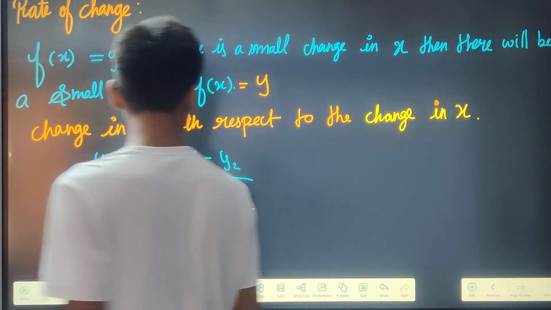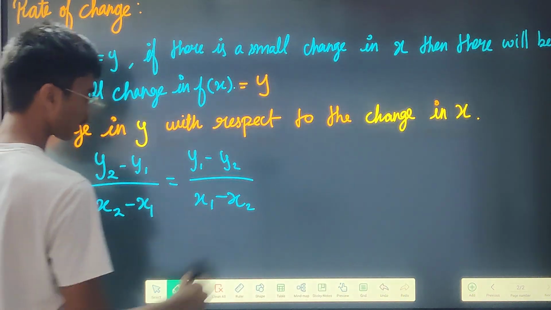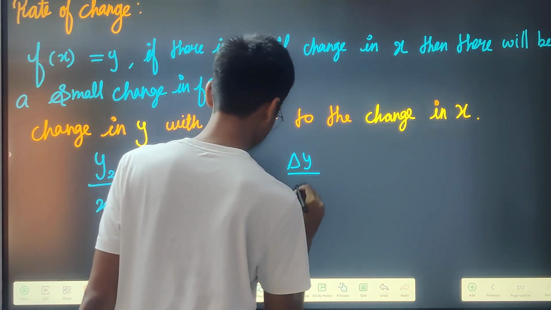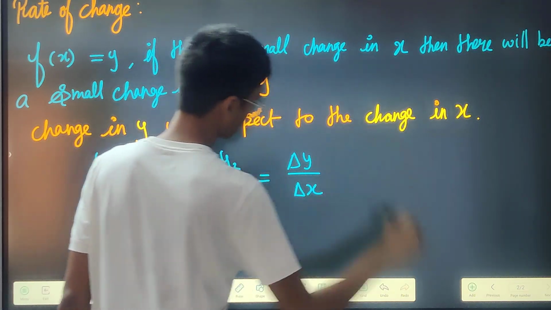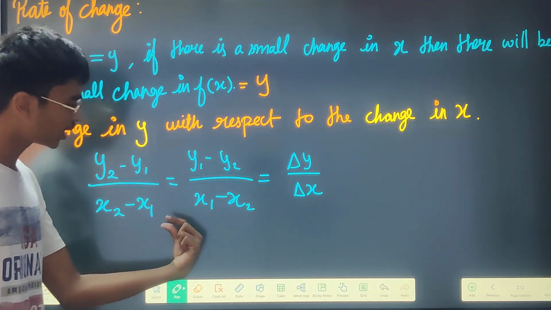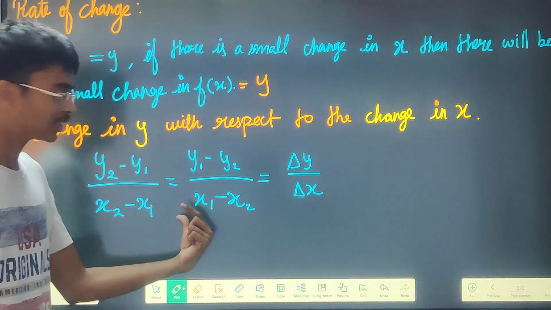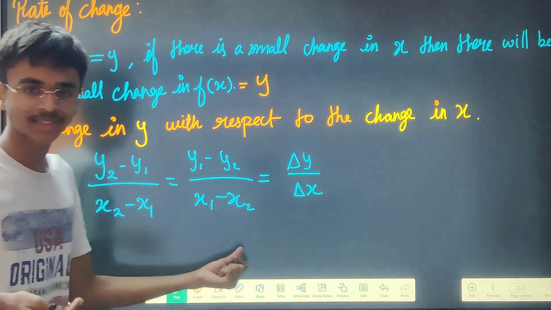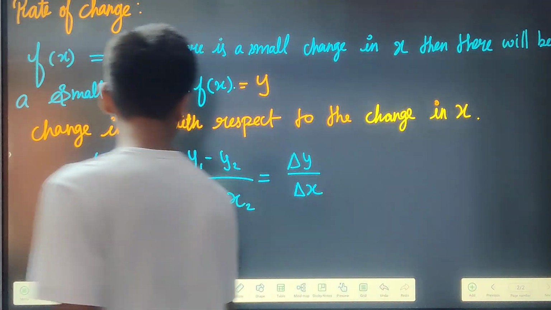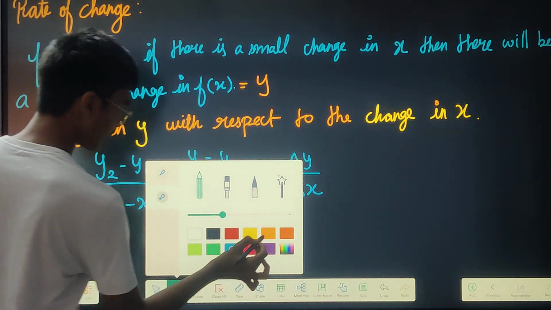So now you have this, which is further equal to delta y by delta x. Delta means this change. From this to this it had got converted. That is what this delta means. And whenever the change that you are having is big,